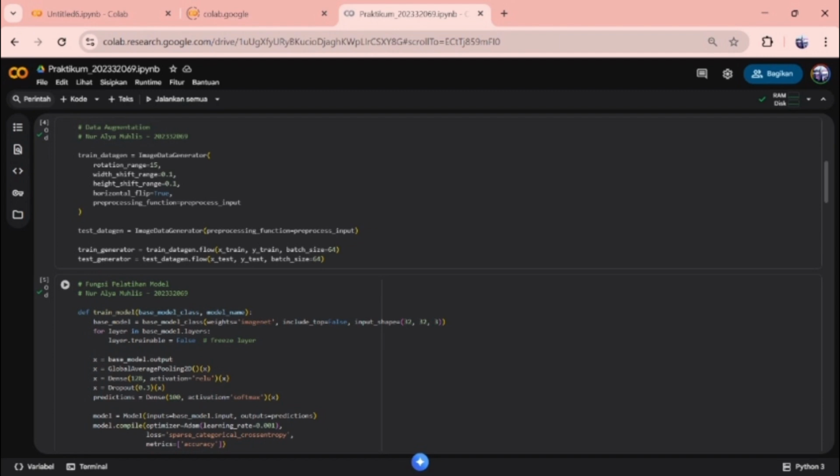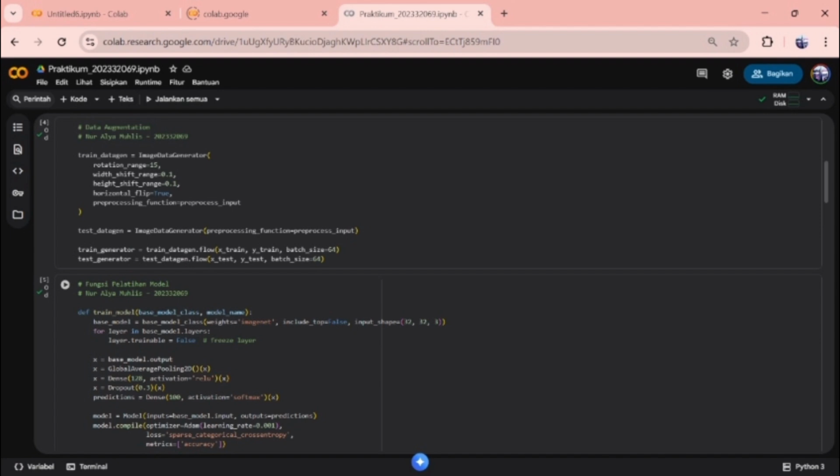Then in Cell 4, I created a generic function called train_model. This function loads a base model, sets its input shape to 32 by 32, freezes all its layers with trainable false, and adds new custom top layers.